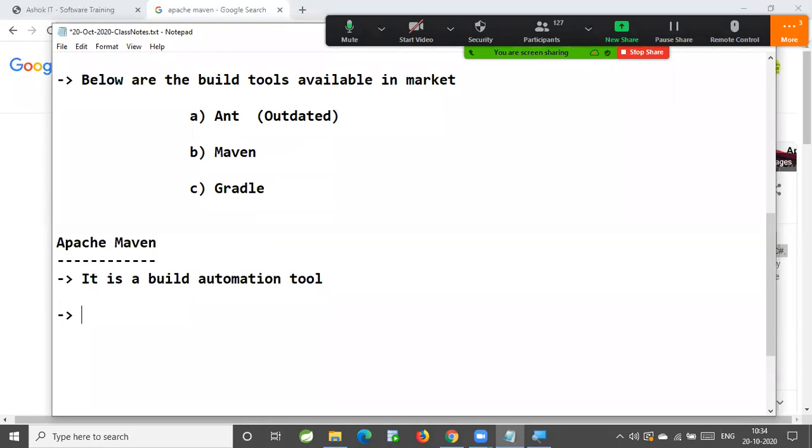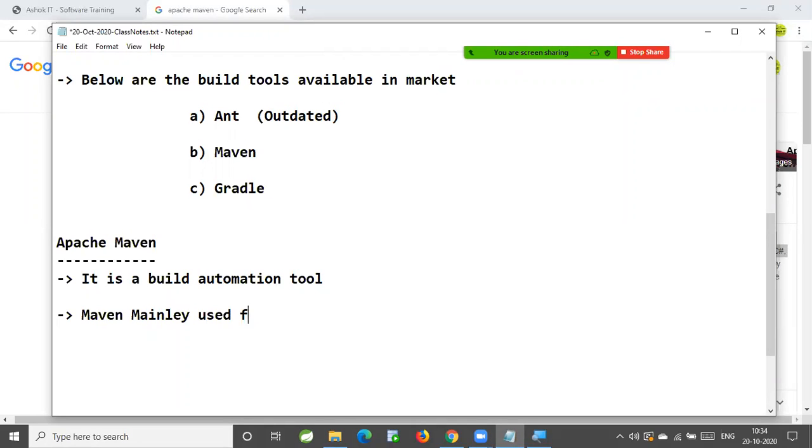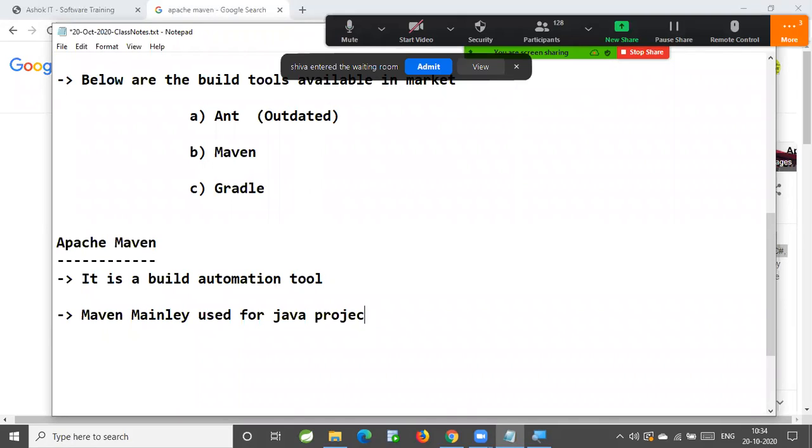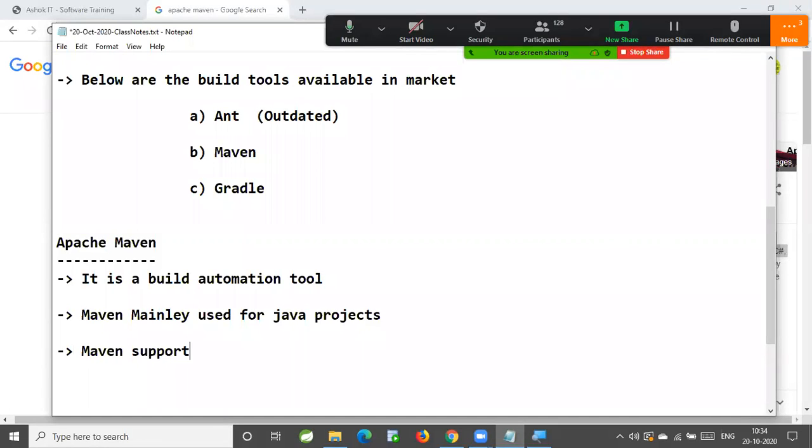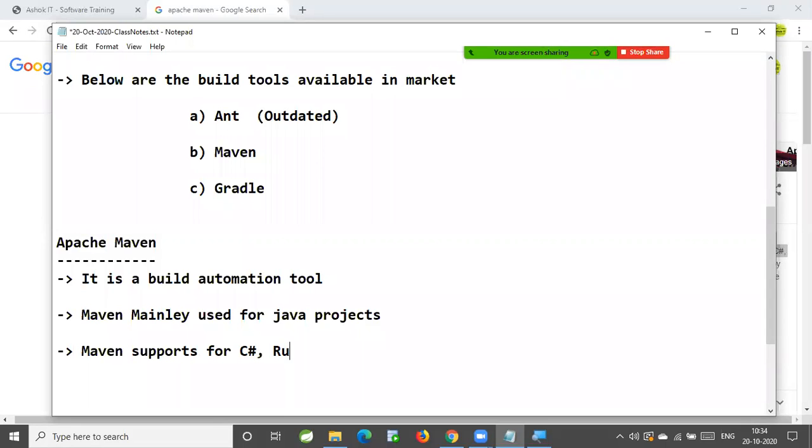Mainly, Maven is mainly used for Java projects. Maven supports C#, Ruby, and Scala, etc.